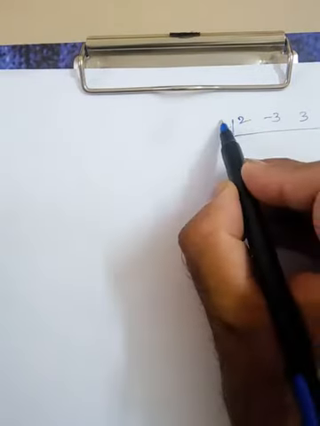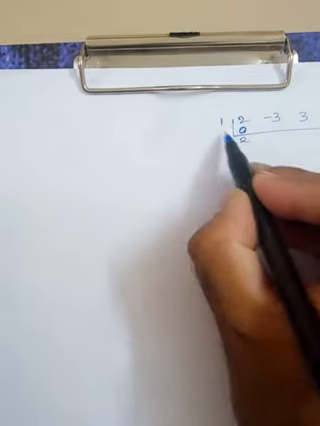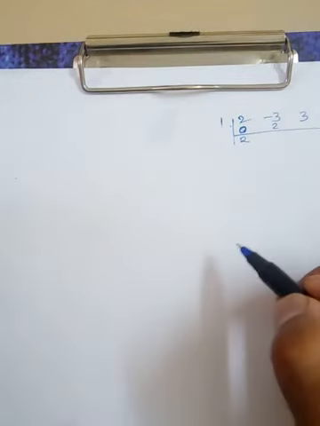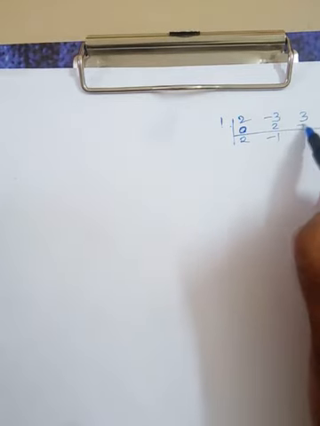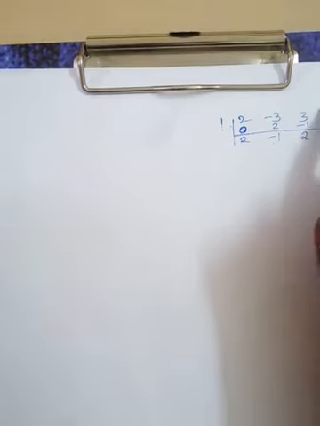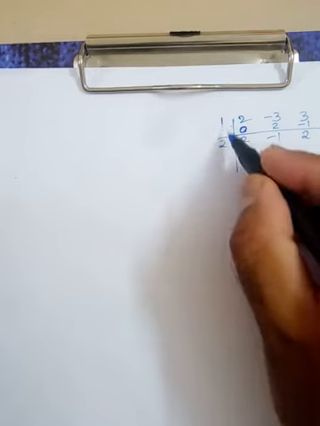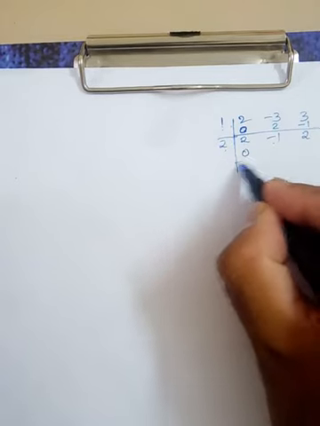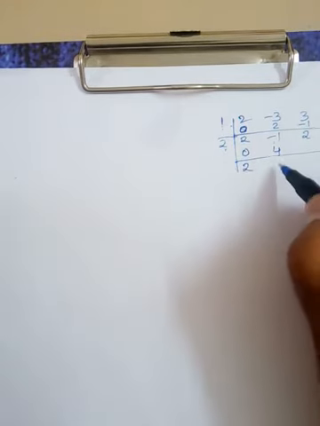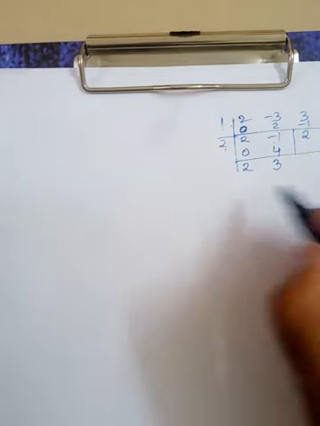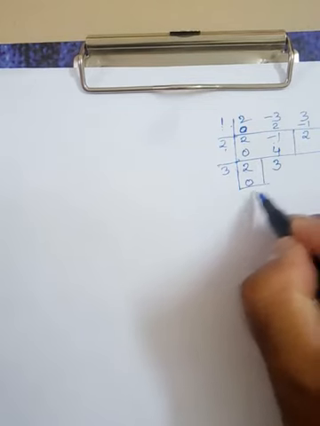Then we start with 1, write down 0 here, add these two numbers, 2 plus 0 is 2. Now 1 into 2, write down here, then add these two, minus 1. Then 1 into minus 1 is minus 1, add these two, so we get 2, and one term is left out. Then here is 2, increase this 1 by 1, so we get 2, again start with 0, 2 plus 0 is 2, 2 into 2 write down 4, add these two, 3, and one term is left out here. Then increase this again by 1, so we get 3, here is 0 and the left out term, so this will be 2.